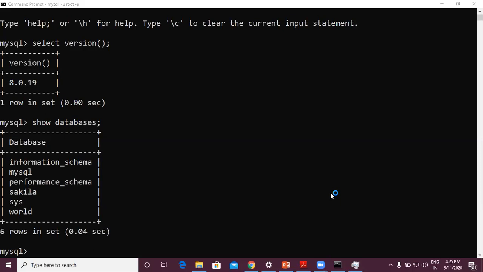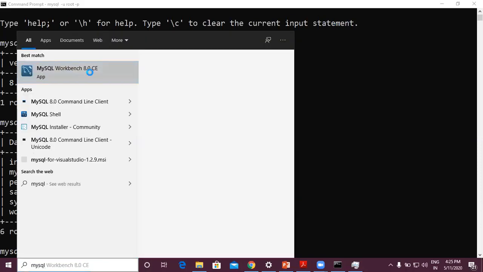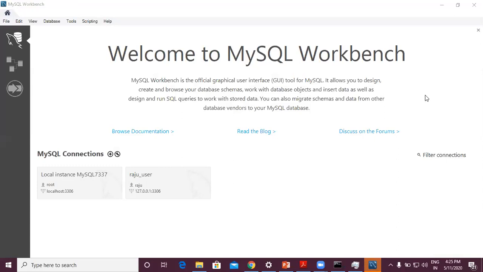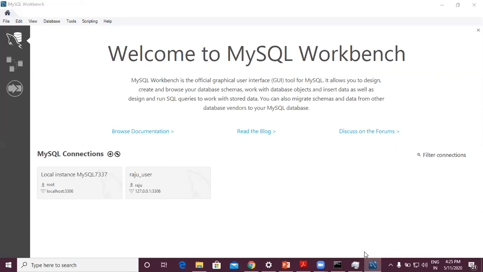Now MySQL Workbench is getting opened. Right, is everyone able to see this MySQL Workbench? Welcome to MySQL Workbench.